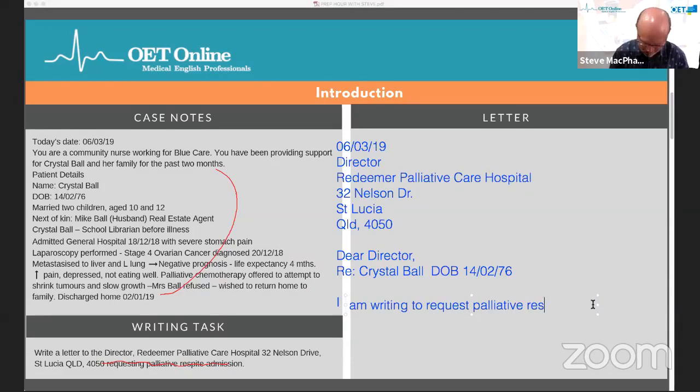Palliative respite admission. Because now we're nice and direct, the reader knows immediately why we're writing this. So that's actually a nice touch. Just getting that precise introduction is a good thing. So I'm writing to request palliative respite admission, and then I can follow what other people have written. And look, Nesrine's got a good one. For this patient,